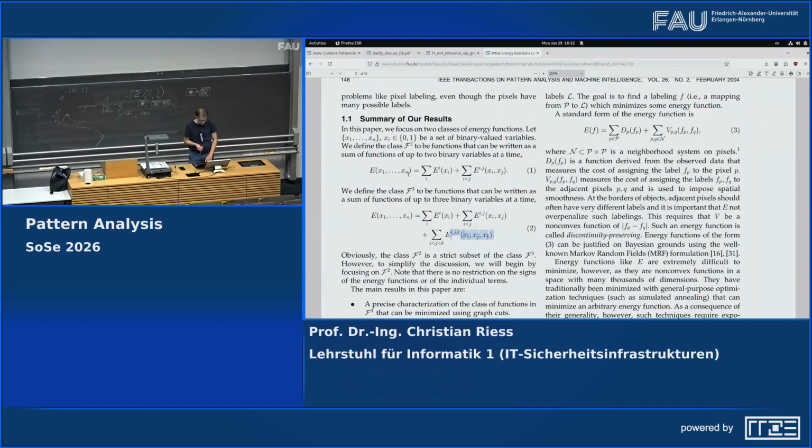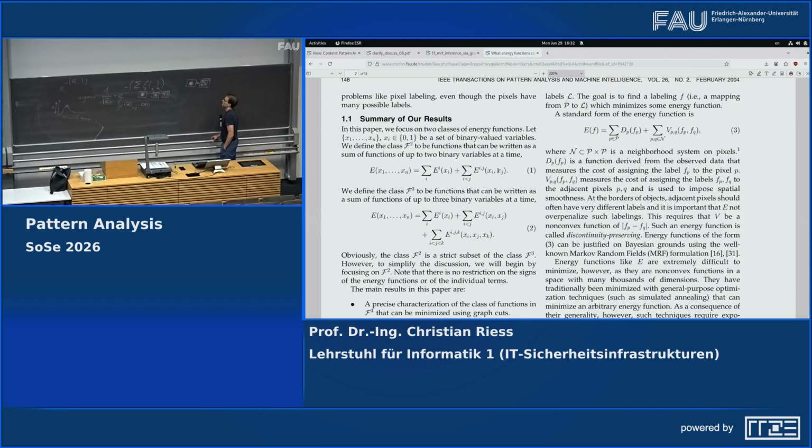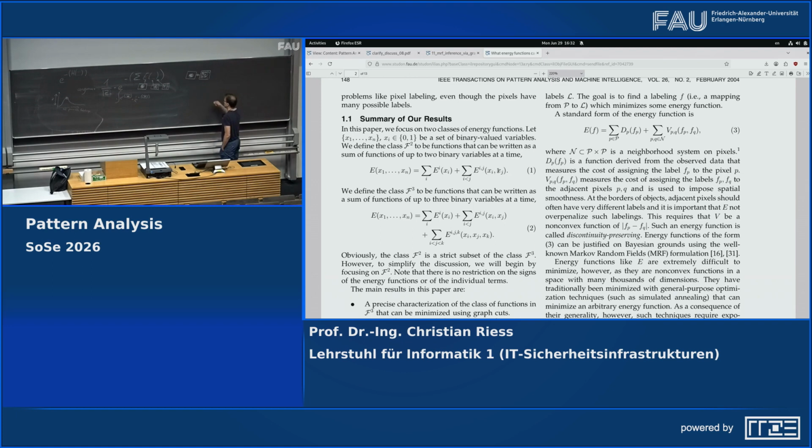Here's a summary of our results, equation number 1. So they must constitute a sum of unary potentials, or unary energy terms, sorry, and a sum of pairwise energy terms. So starting from there, so if it's something like this, over all Z,